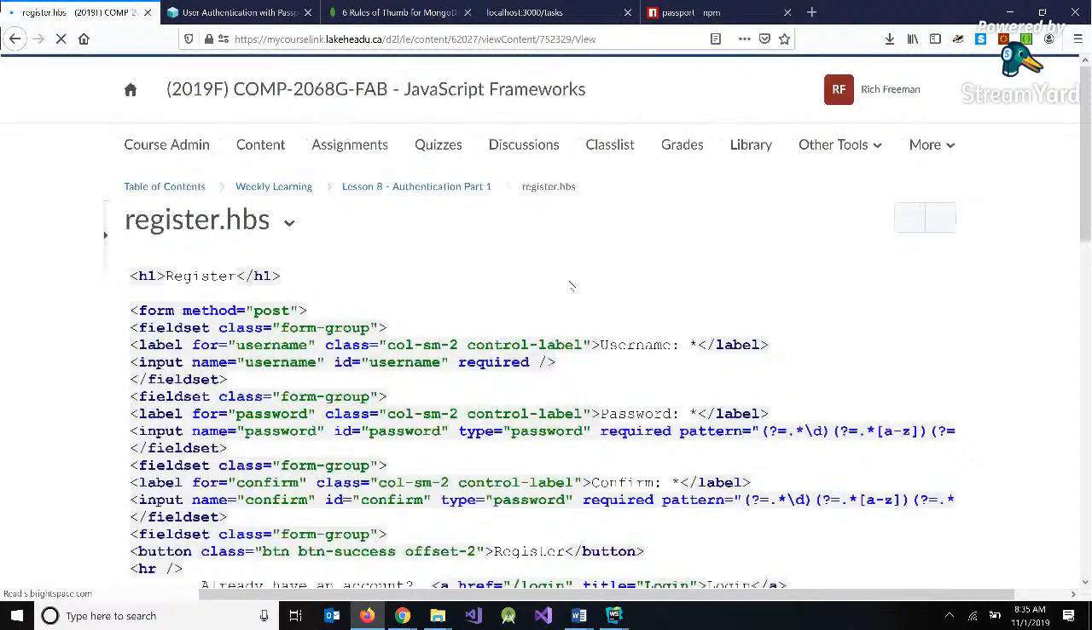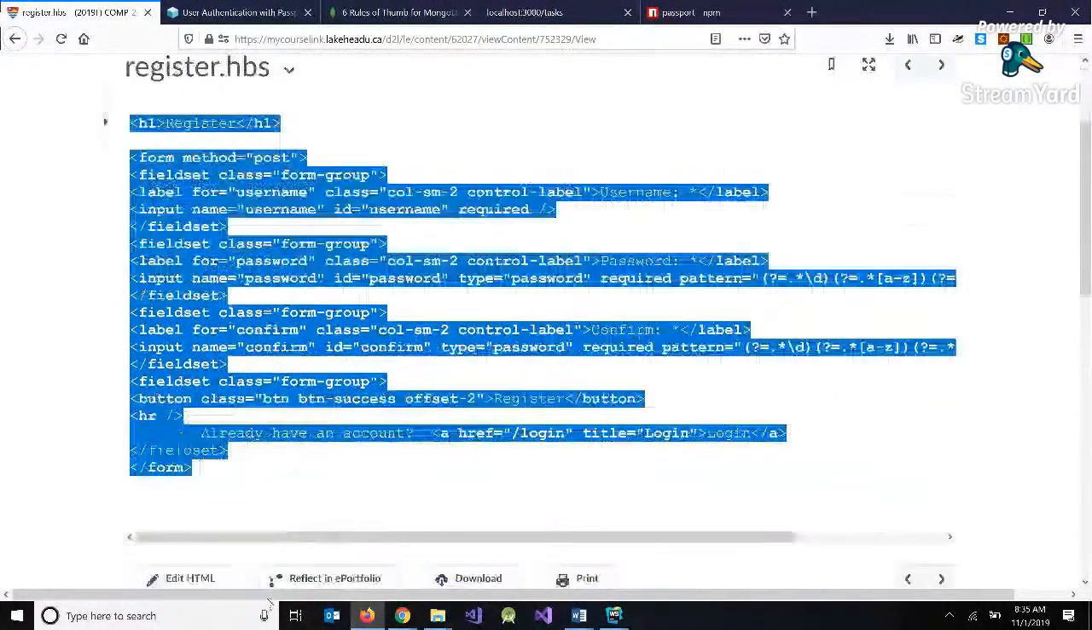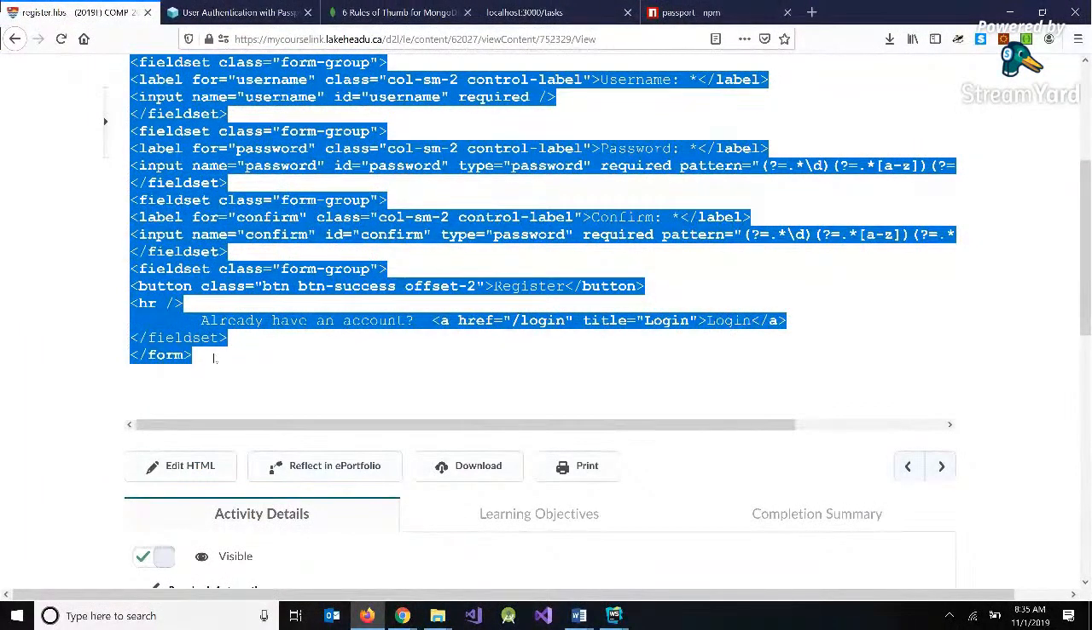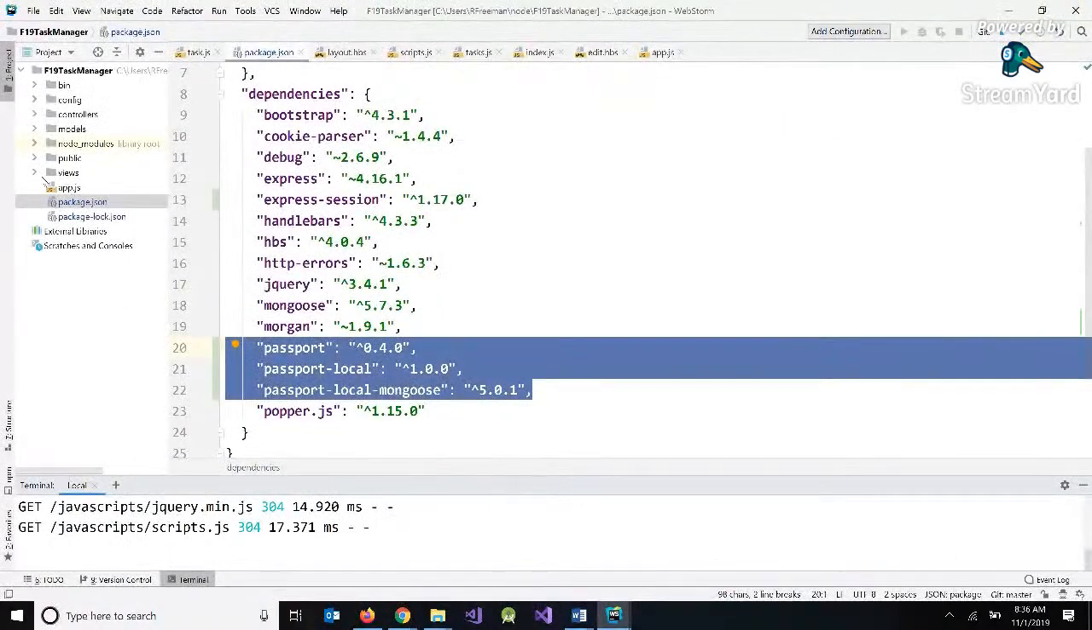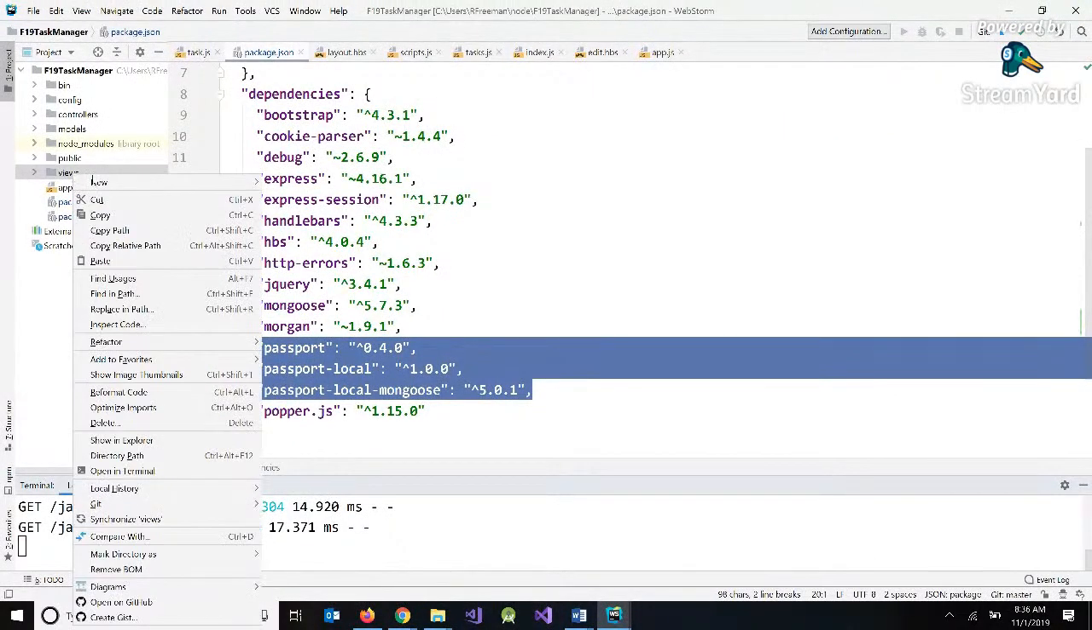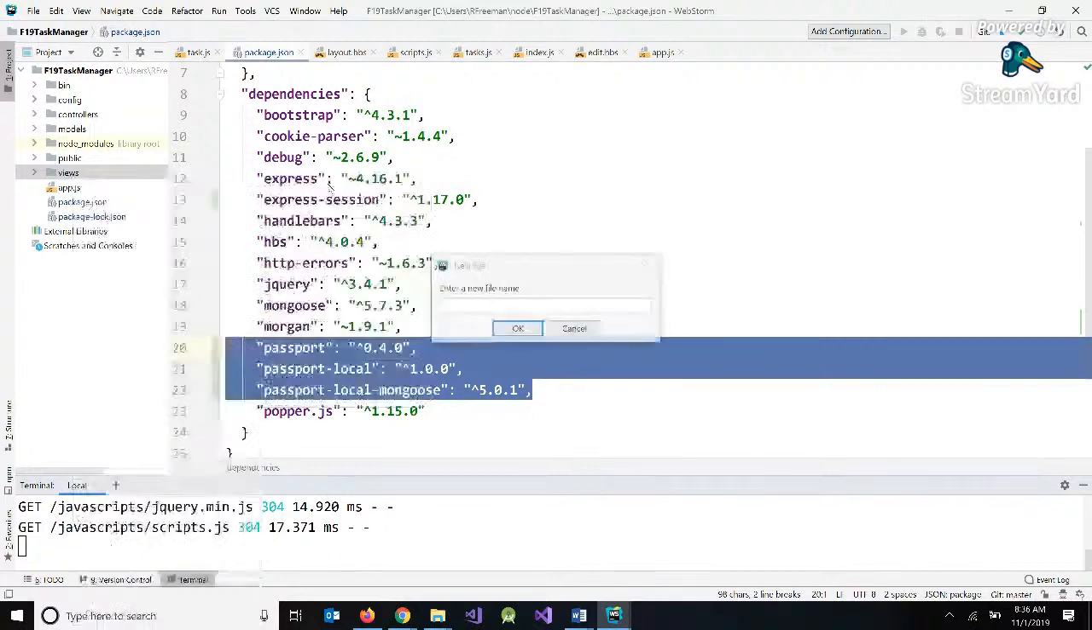So just grab the HTML from each one and create each file. Yeah, because it uses a rich text editor, so it'll keep that formatting. So I'll grab the first file, and in views, I'll just make a new file called register.hbs